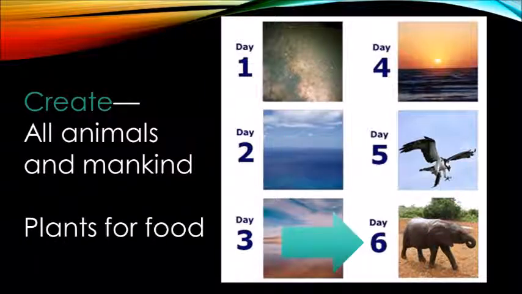Continuing the theme, on the sixth day, there's the creation of all the animals and of mankind to live on the dry land. And just as vegetation was created in day 3, now plants for food are created because now there are animals to eat the food. So the structure here is meant to imply that the God who was known by the Jews was a God who was orderly, not chaotic. He planned things. He structured things. His creation was done by design. It was not accidental.